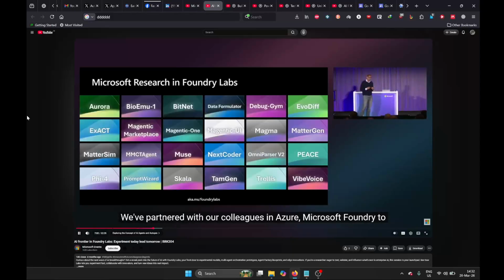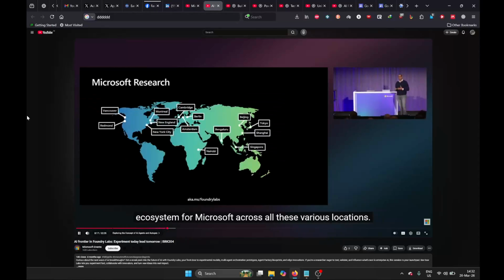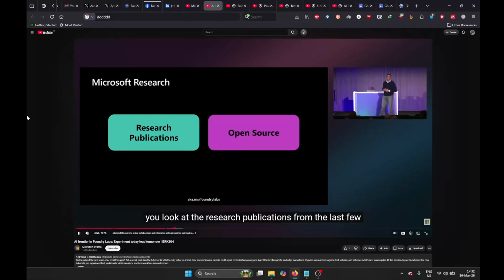It's all shifted to Foundry and it's to do the best that you can. Here what we're doing is